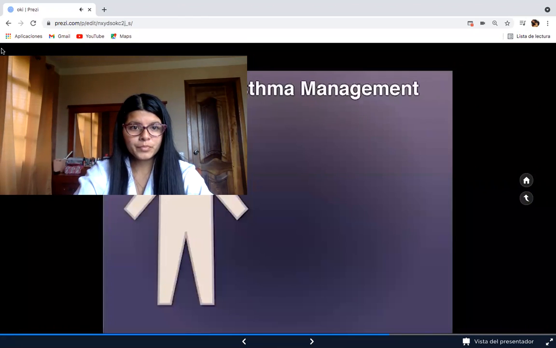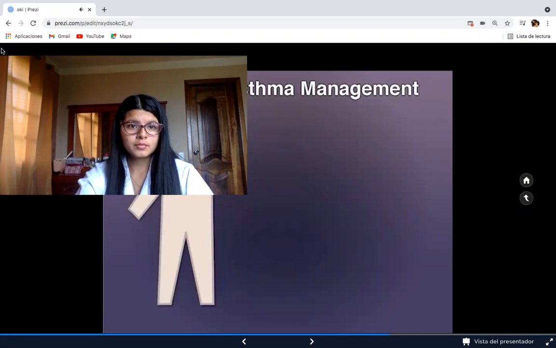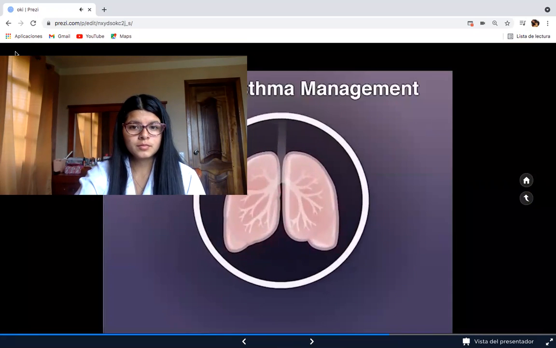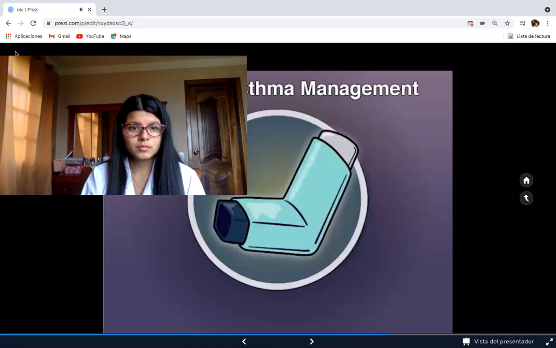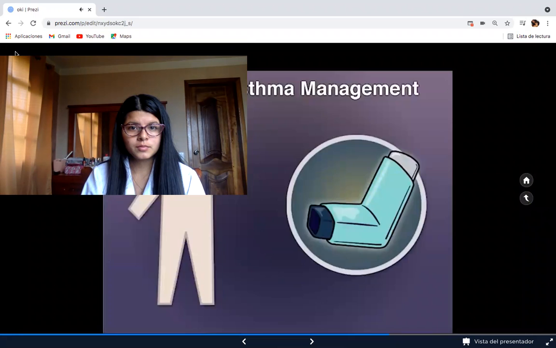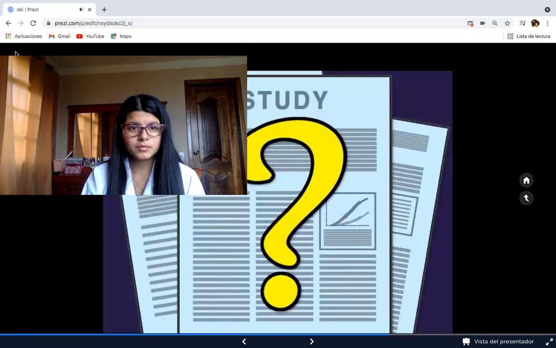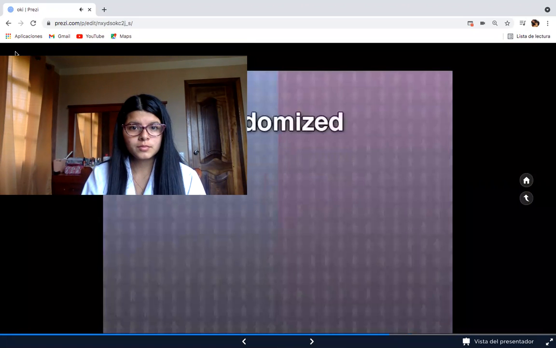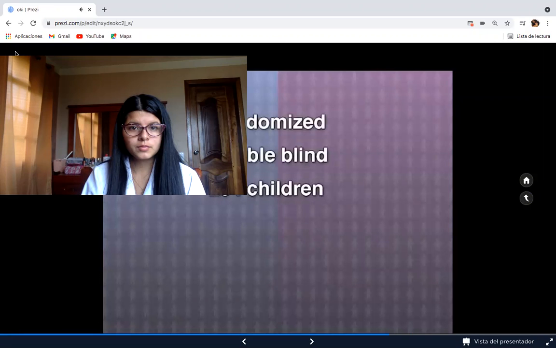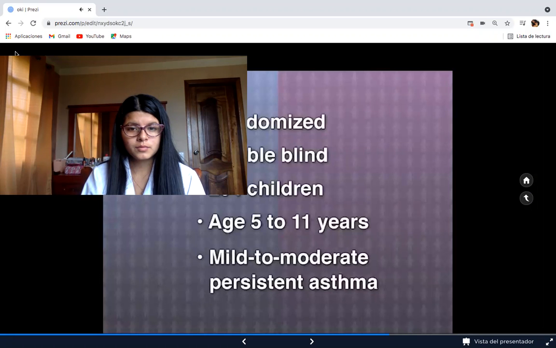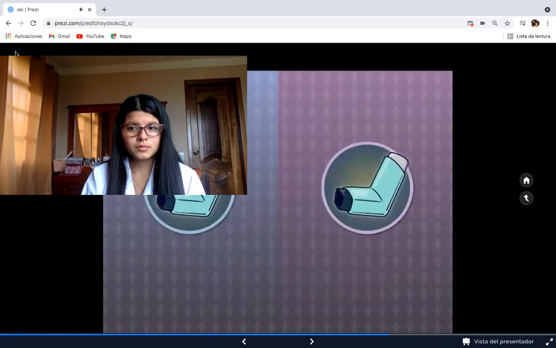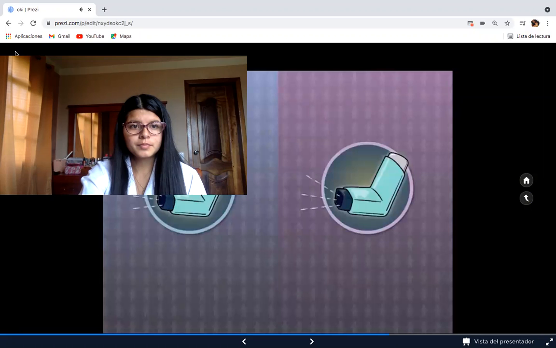In pediatric asthma management, early signs of loss of asthma control often portend an impending exacerbation. This condition is often referred to as entering the yellow zone. Escalation of asthma treatment in the yellow zone has been considered as a way to prevent full-blown exacerbations, but there's limited evidence to support this approach. This randomized double-blind trial involved 254 children, aged 5 to 11 years, with mild to moderate persistent asthma, who were being treated with daily low-dose inhaled glucocorticoids.